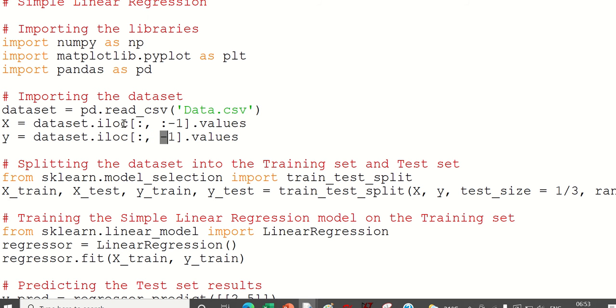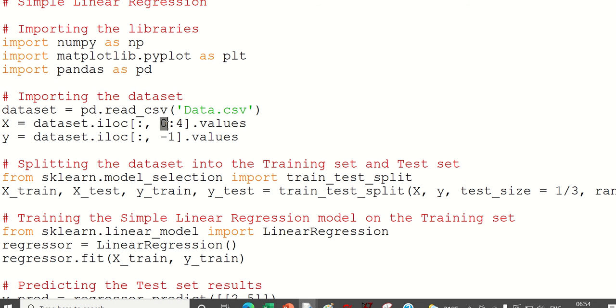Now here, what is this saying? I want all rows and I want all the columns except the last column. Now in our case, I want column 0 till column 4.